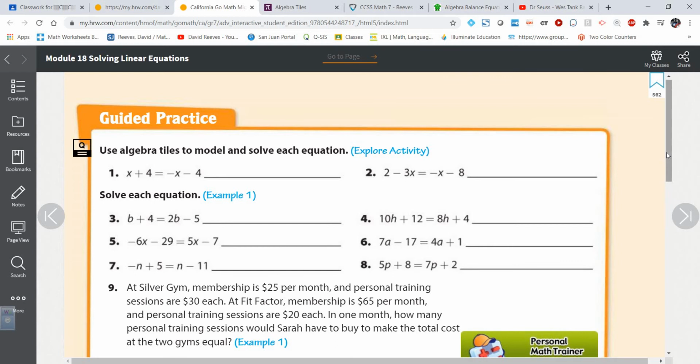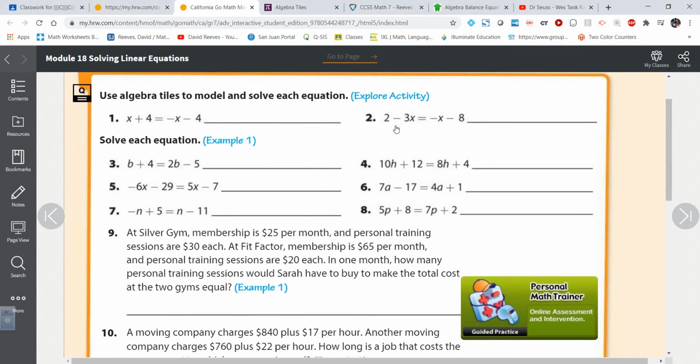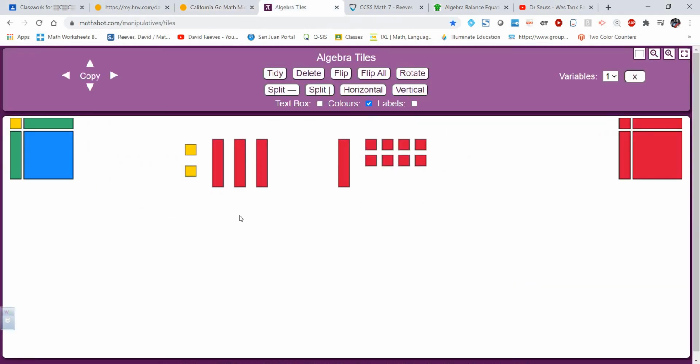problems. All right, so I'm going to start right here on guided practice, page 562. I'm going to look at number 2 right here. It says to use algebra tiles to model and solve each equation, and that's exactly what I'm going to do. Number 2, 2 minus 3x is equal to the opposite of x minus 8. So if we look over here, here we go. We've got 2 plus negative 3x, which of course is the same as 2 minus 3x, is equal to negative